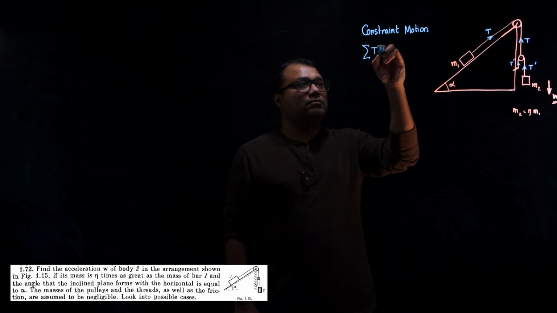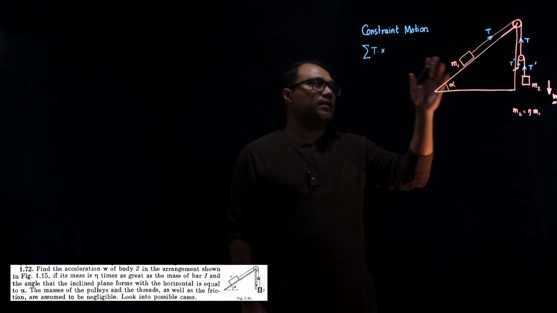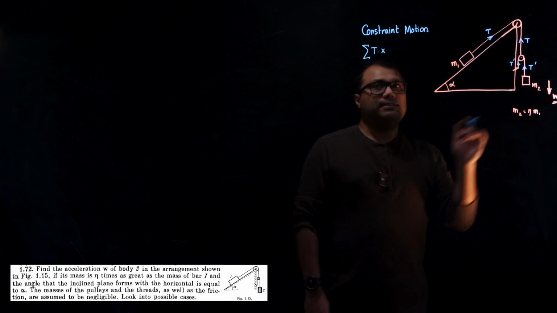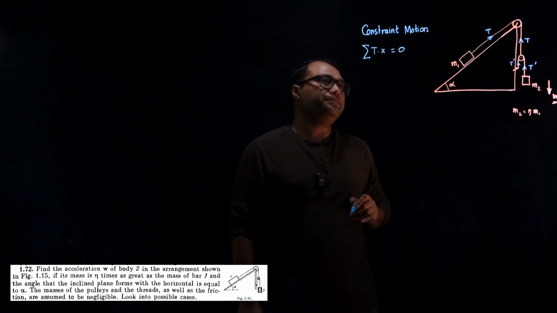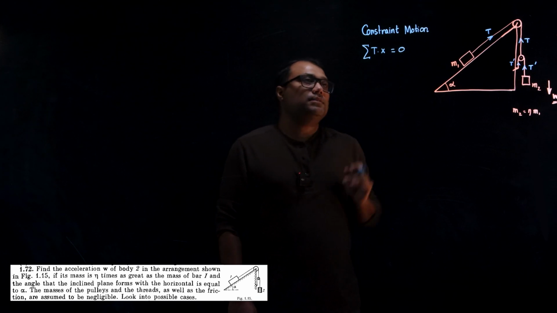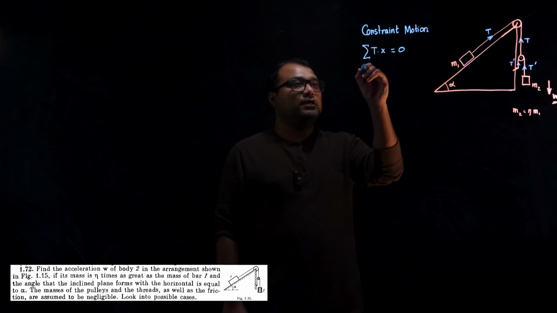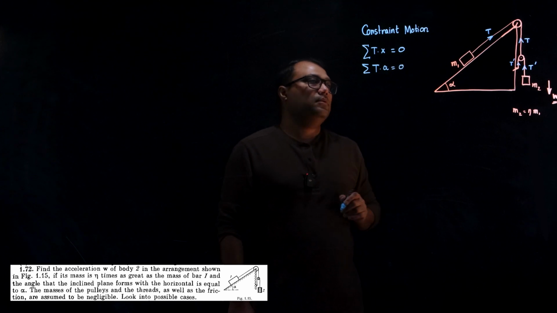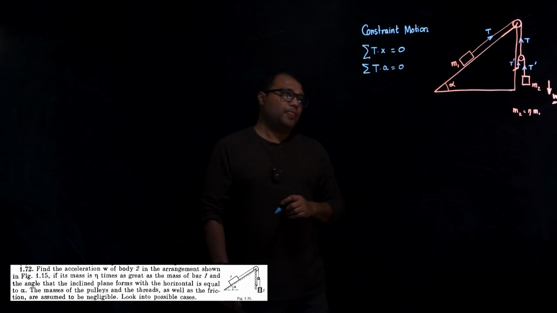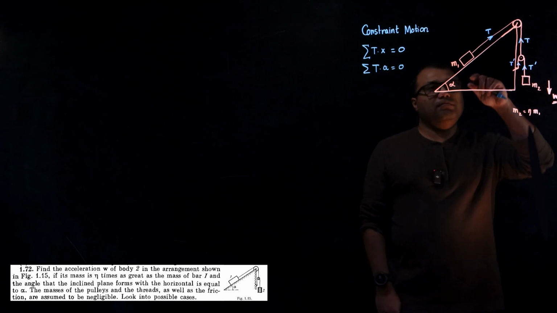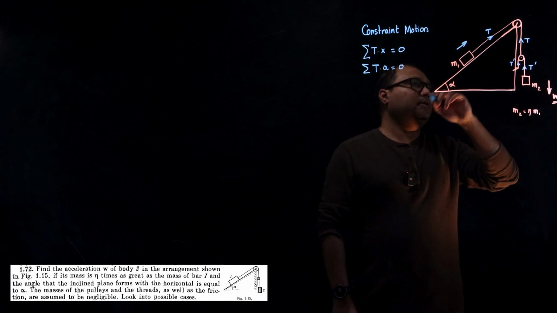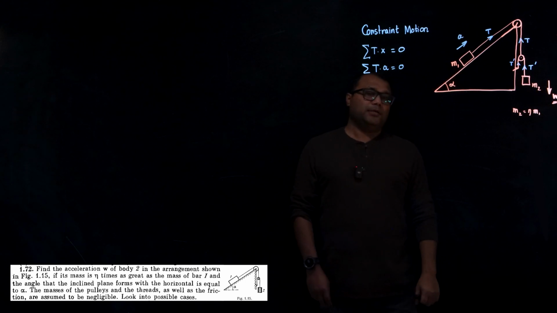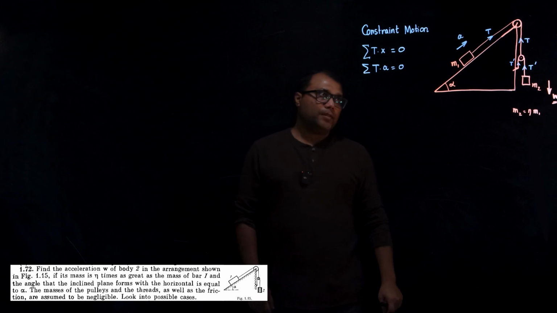So, T times x, where x is the displacement for all the masses involved, will be equal to 0. If we differentiate x a couple of times, we can also say T times the acceleration of the masses is equal to 0. So for the moment, if I assume mass m1 is accelerating this way with acceleration a, and m2 is accelerating down with acceleration w, then we can write